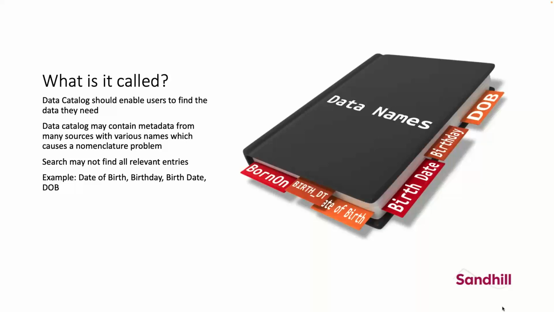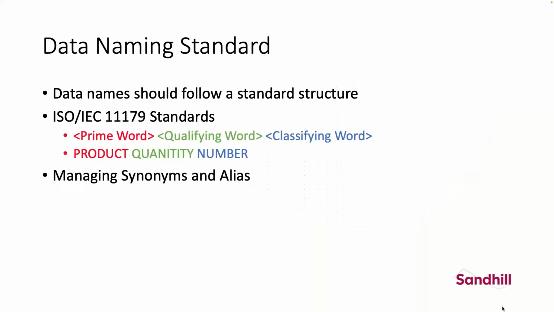So one of the key tenets of data governance is setting standards. One of the standards that's pretty popular for data names is an ISO standard called 11179. Now 11179 is part of a family of metadata standards, but this one happens to be about naming. I've sort of just generalized it here. Inside the specification, there's a whole lot more detail to it, but essentially, when we start to name things, we